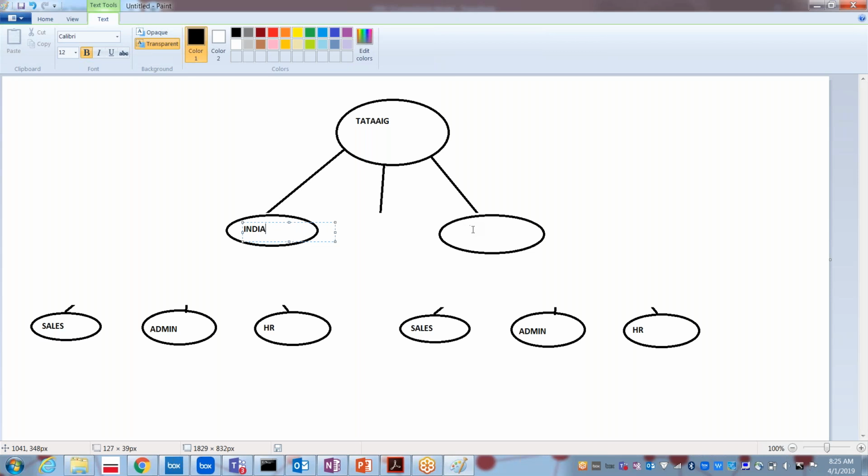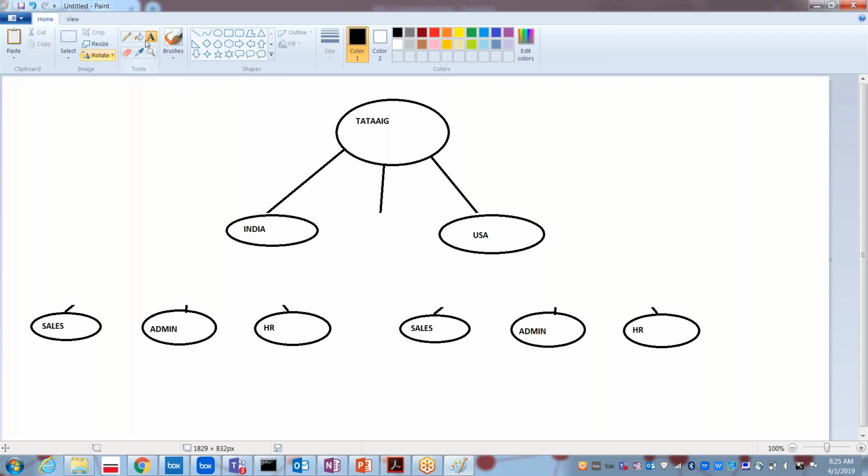India, and then USA. Each and every country again will be having these departments.